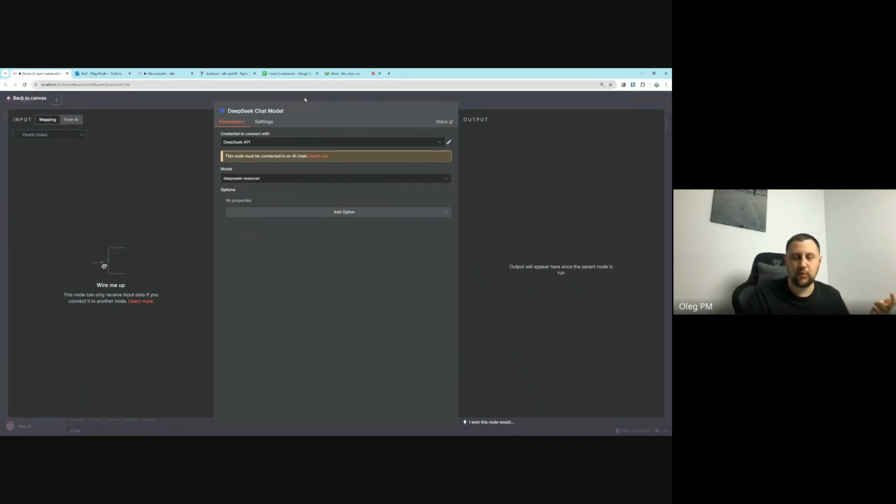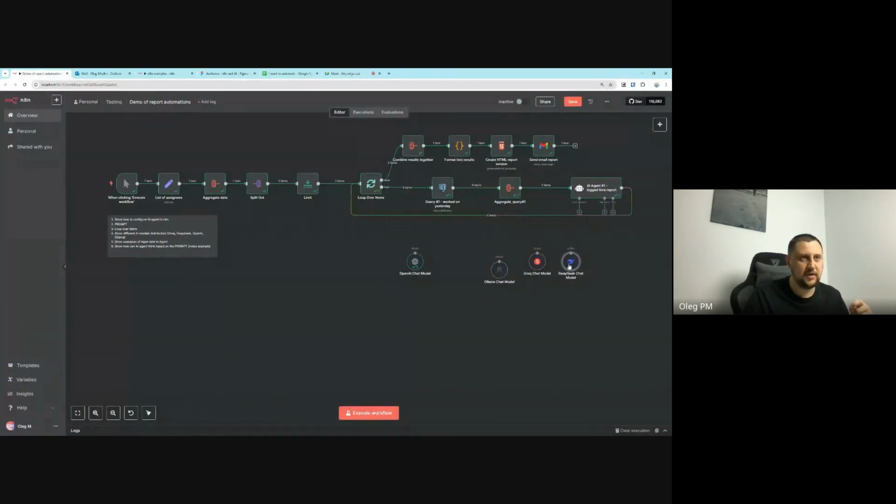So 4.1 mini generated a report for 2 people in less than 10 seconds, while it can take about 1 or 2 minutes just to generate a single person report. And the last one is to show you that you don't even have to use paid AI models. You can install any model available for Ollama, or any open source AI model, on your local machine